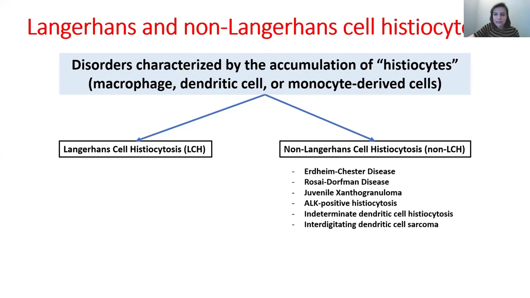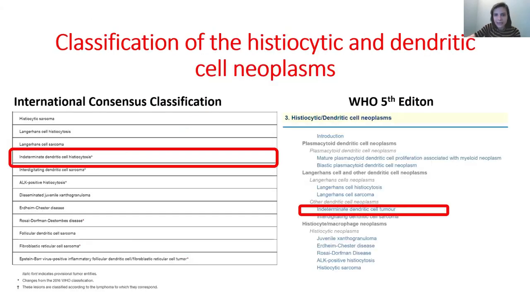But subsequently, other disorders with presumed dendritic cell origin have been described, such as indeterminate dendritic cell histiocytosis or interdigitating dendritic cell sarcoma. Because of this, for the past several years, WHO and ICC classified histiocytosis based on two different situations. First, it can be based on presumed cell of origin, if there is any characteristic phenotype implying a cell of